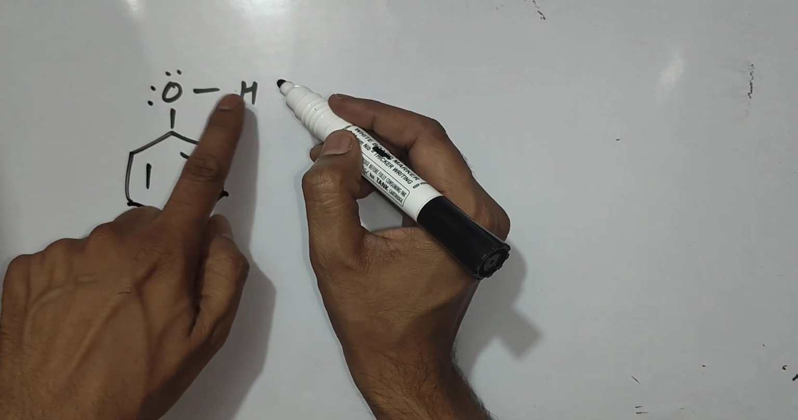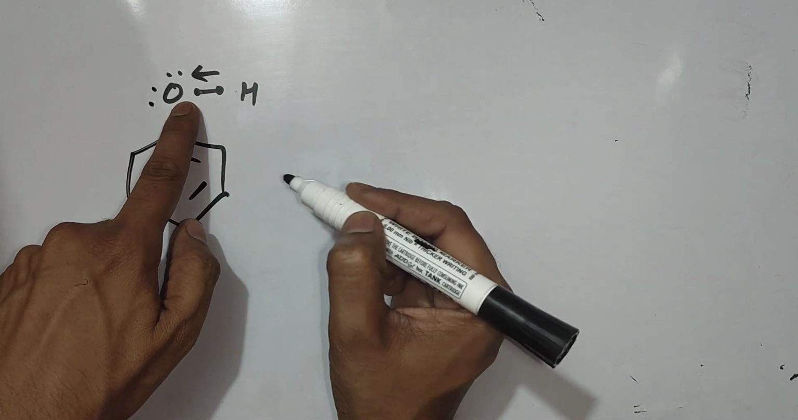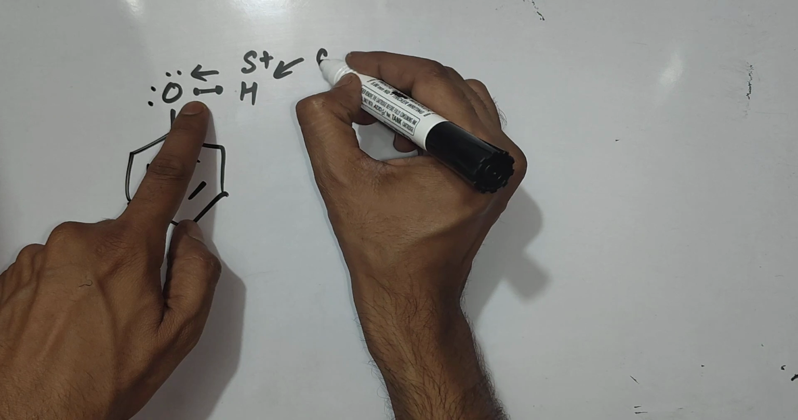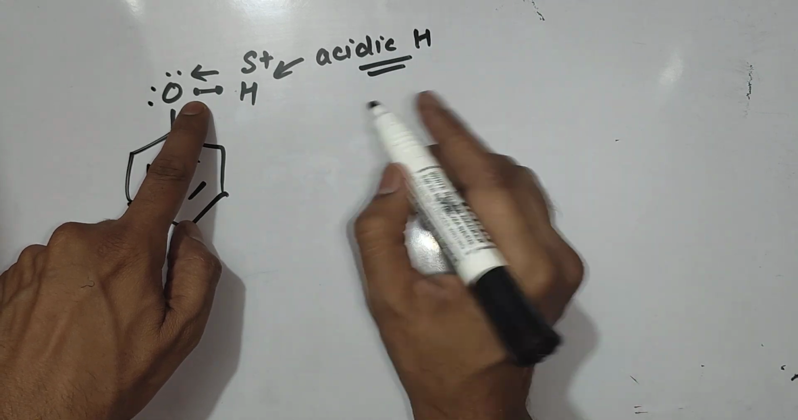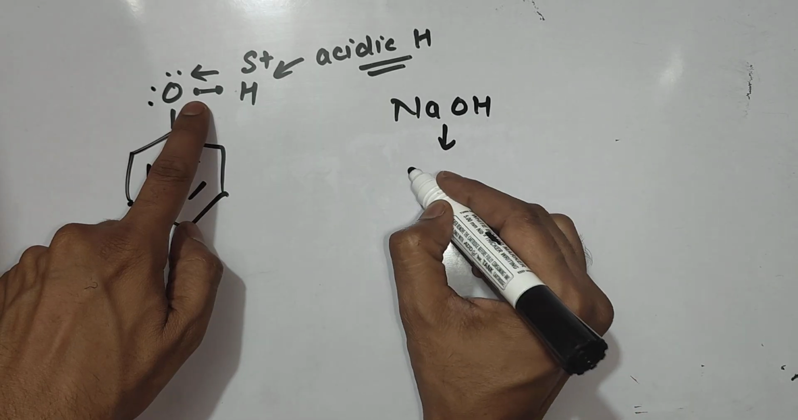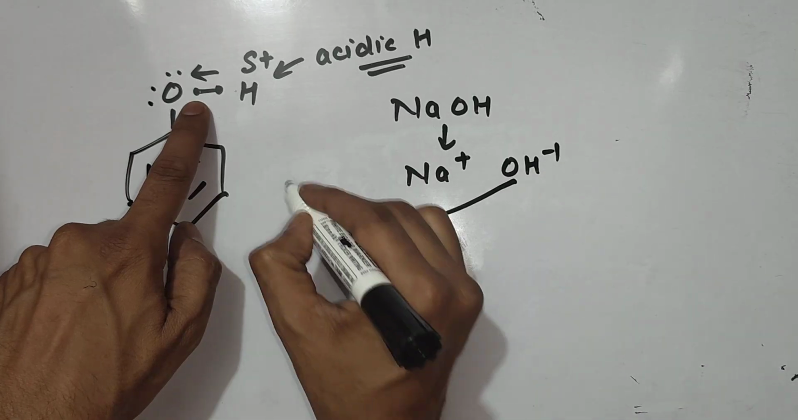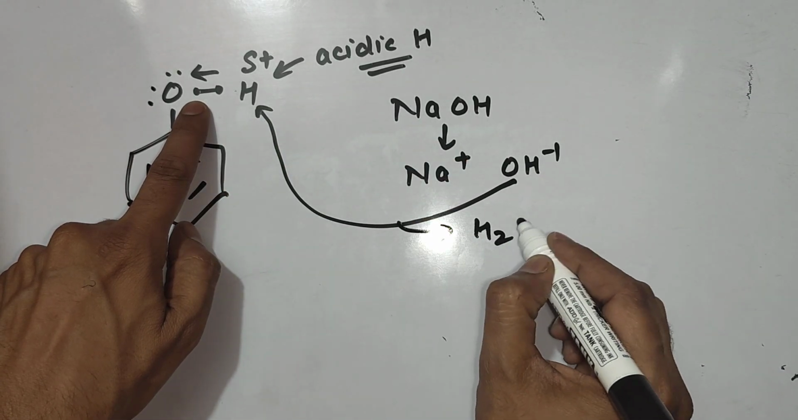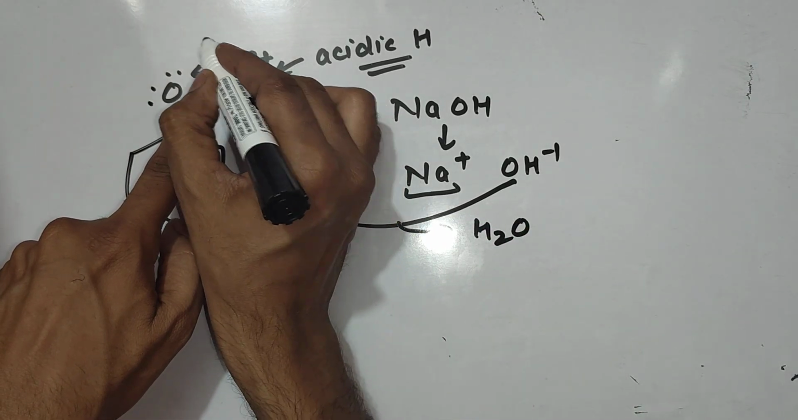in phenol, the hydrogen is connected with oxygen and oxygen is highly electronegative. It is attracting electrons toward itself. That's why this hydrogen is getting positive charge, means it is becoming acidic hydrogen. Now conditions are basic. Na positive, OH negative. This OH negative will attack on this acidic hydrogen, simply an acid-base reaction. H2O will release out. And when the bond between oxygen and hydrogen breaks, electrons will completely